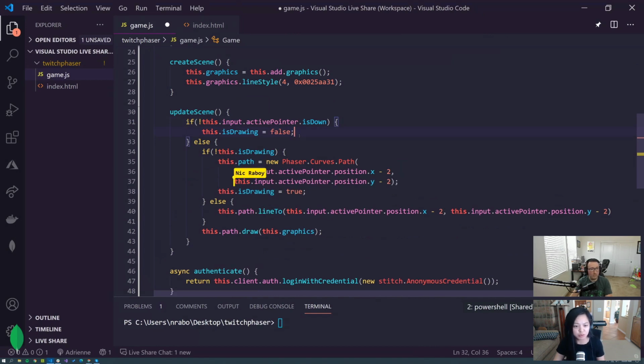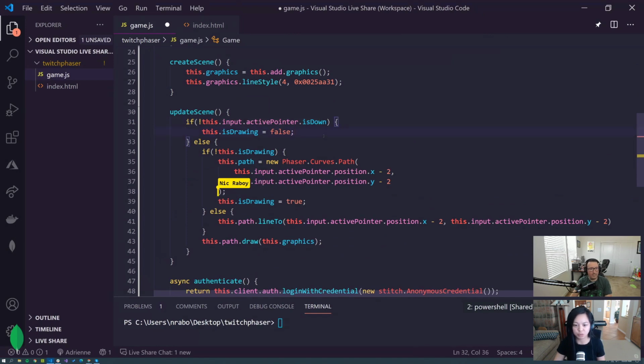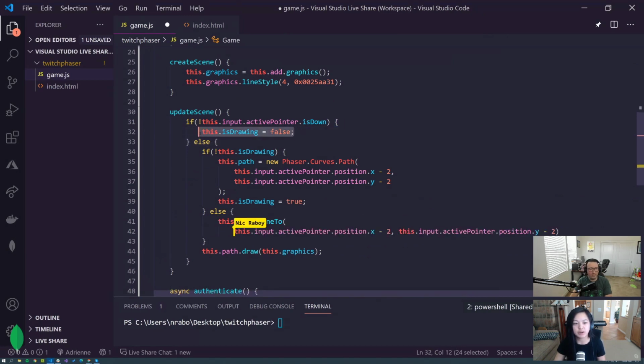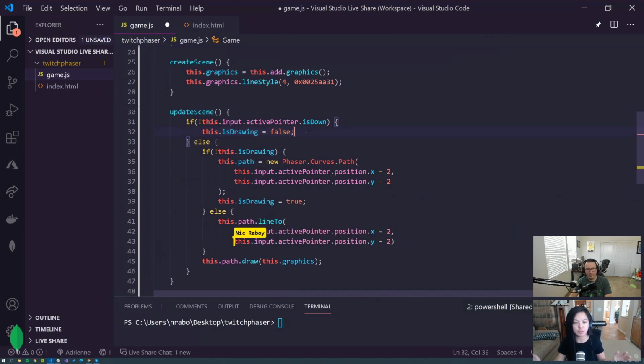At the moment, we're just saying, if whatever you're using is not depressed, then we are setting our variable again to false, but we're going to be changing this in a moment as we finish our game. If we are actually drawing, and again, we need to still change a couple things here, we want to create a new Phaser path.